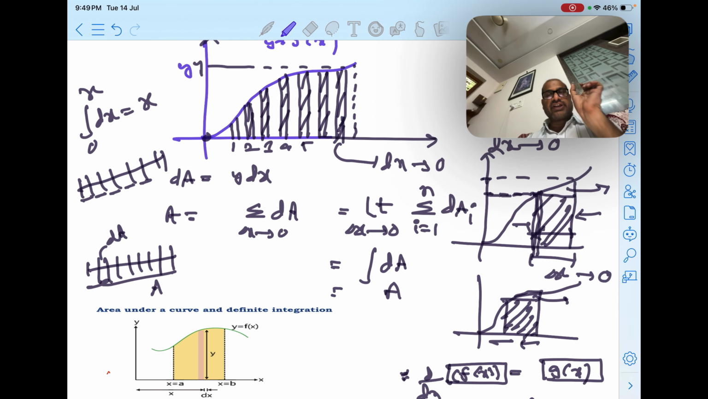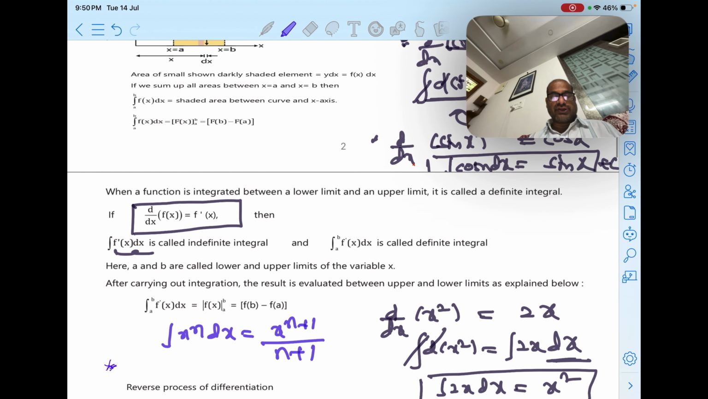स्मॉल एलिमेंट्स में। एक छोटा सा एलिमेंट लेंगे, उसका एरिया फाइंड करेंगे, वैसे बहुत सारे छोटे छोटे एरियाज को हम ऐड किए तो टोटल एरिया आ जाएगा। इस टोटल वे ऑफ कैलकुलेशन को हम समेशन बोलते हैं, उसको टेक्निकल मैथमेटिक्स में इंटीग्रेशन बोलते हैं। ठीक है, दिस इज व्हाट टेक्निक ऑफ इंटीग्रेशन।